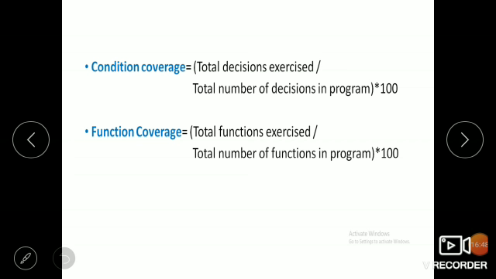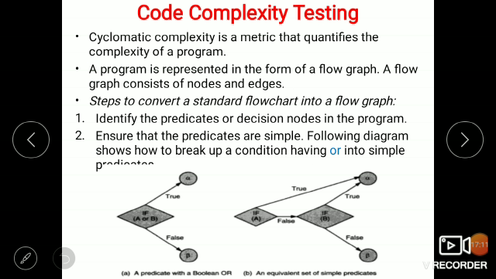We can measure how many functions are covered in the program by using the formula: function coverage equals total number of functions exercised divided by total number of functions in the program, times 100. This is the formula for calculating the percentage of function coverage. And the next one is code complexity testing. This we will cover in the next